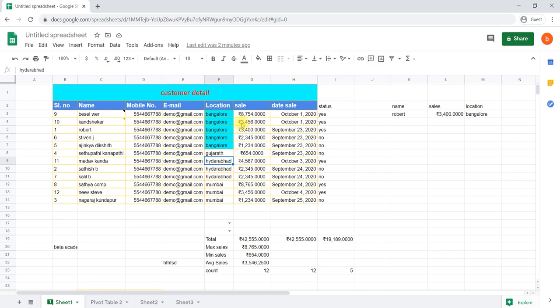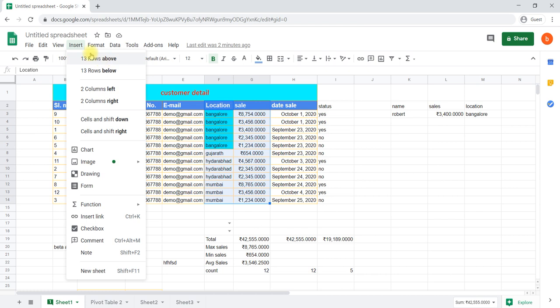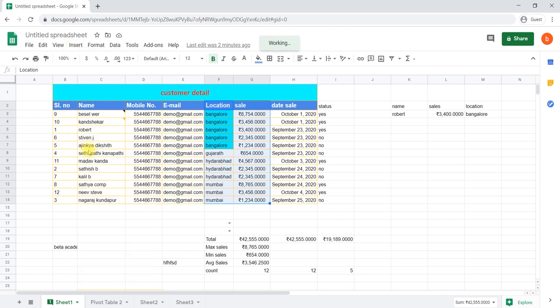First, what we have to do is select the data for which you would like to insert a chart. For example, I say location-wise sales, for these two columns, location and sales, I would like to insert a chart. We'll go to Insert, select those two columns, go to Insert chart, select the chart.